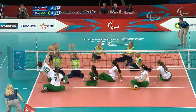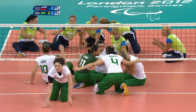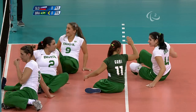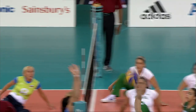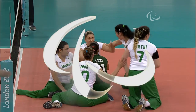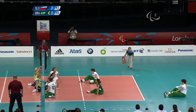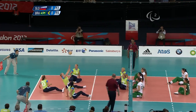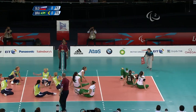That's a good shot and a good recovery. Excellent point. Very well won by the Brazilians. If this is the first sitting volleyball match that you're actually watching, as you can see, many of these players can kneel, but you're not allowed to. Some part of your back or your buttocks, your backside, must be in contact with the court at all times,